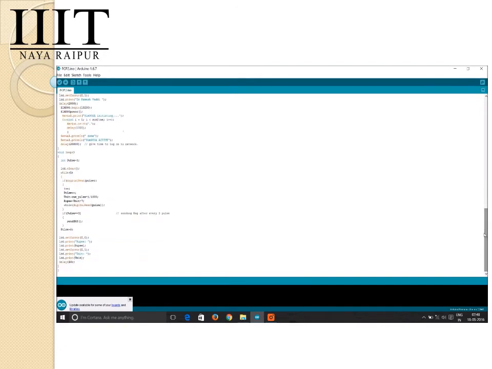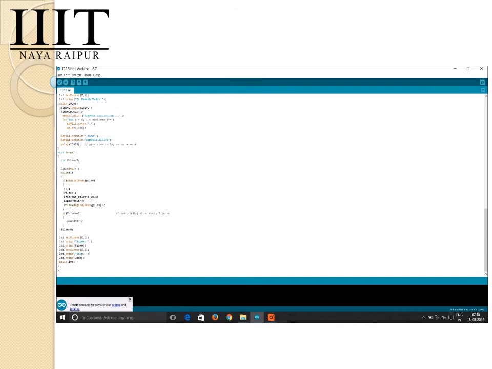In the next function, void loop, we have initialized the pulse equal to 0 and we are calling a predefined function, lcd.clear, to clear whatever is written on the display. After that we are executing a while loop in which we have included the algorithm which I described earlier. We are using the digitalRead function to read the pulse from the calibration LED on the energy meter.